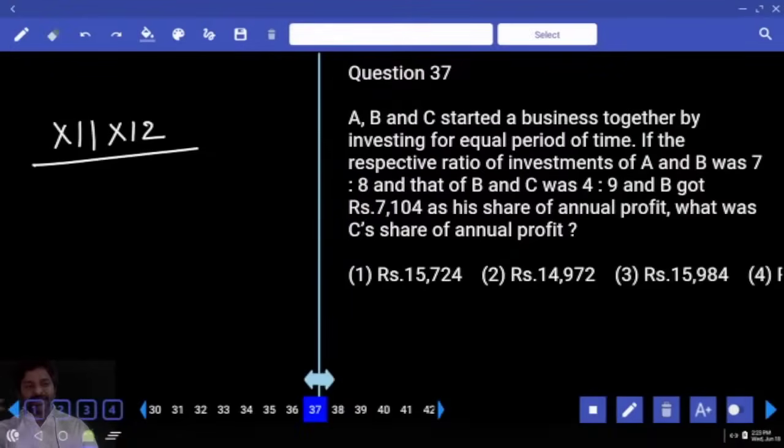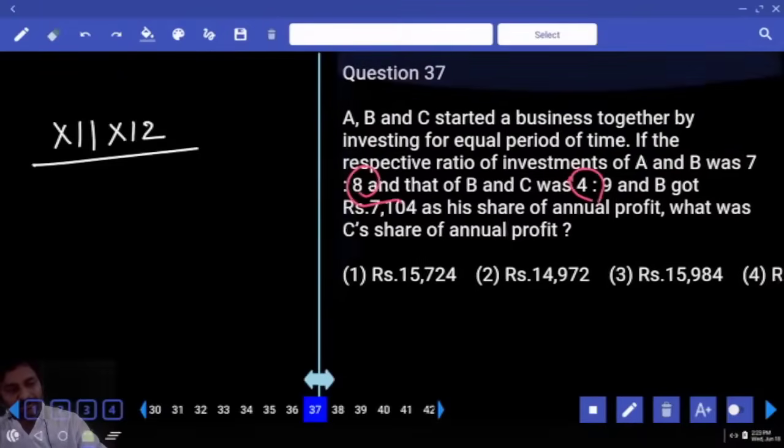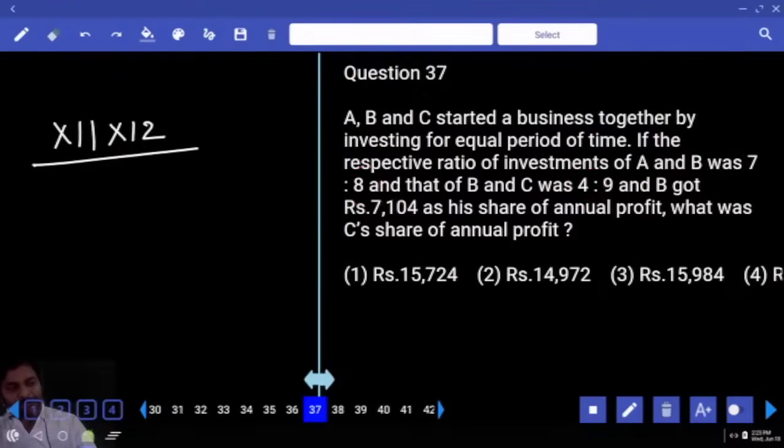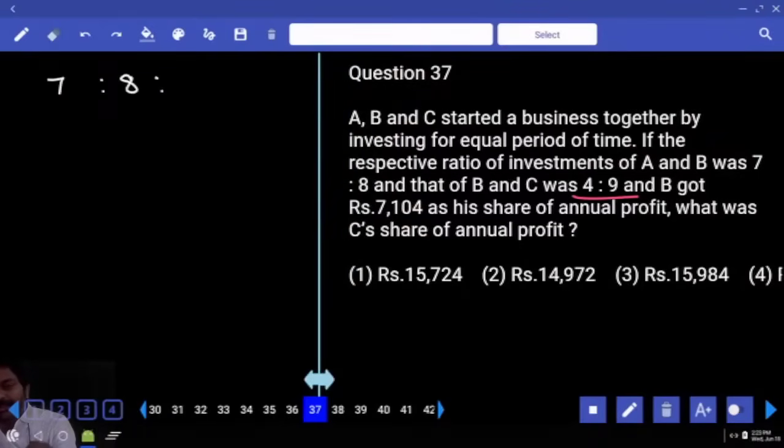A, B, C started a business together by investing for equal period of time. If the respective ratio of investment of A and B was 7:8 and that of B and C 4:9, who is common? B. B in the first ratio, 8 parts. B in the second ratio, 4 parts. It should be the same, right? So to make it the same, the second ratio is multiplied by 2. Then it becomes 7:8: